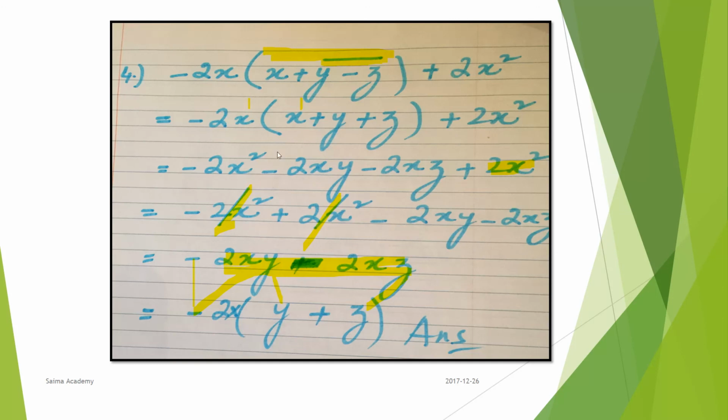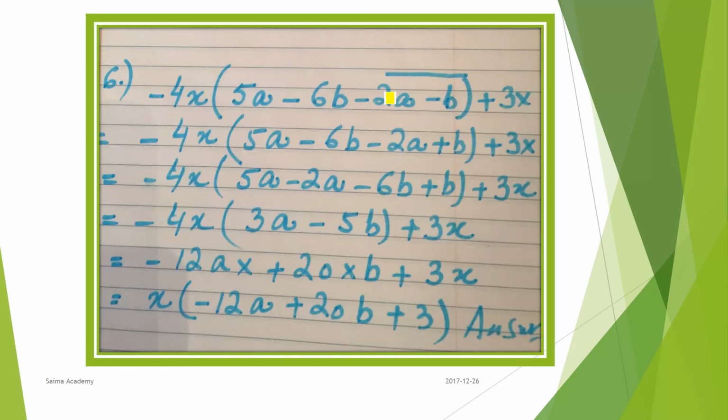So we will discuss one more question with the bar line. Again same thing. You have to see the bar line on the top of 2a minus b. How to solve this bar line? Just make this sign plus. If it is plus, it will be minus. If it is minus, it will be plus. 2a plus b, bar line is solved.